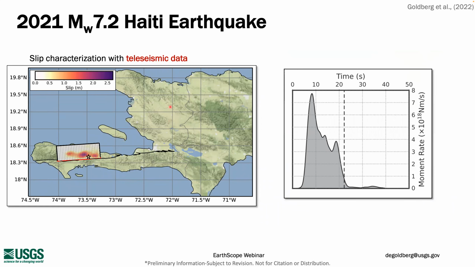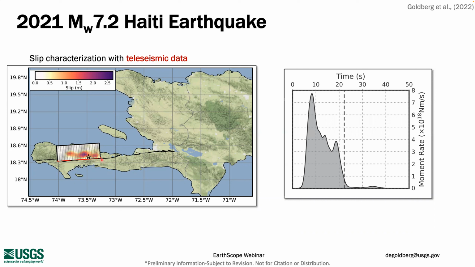So here's Haiti on the left of your screen and the Dominican Republic on the right side. And this thick black line shows the fault trace of the Enriquillo Plantain Garden Fault Zone, which is a known structure that we think this earthquake occurred either on or near to. And this black outlined area is our inferred fault plane with the red line indicating the up dip edge. So again, you have to imagine the fault dipping into the screen to the north.